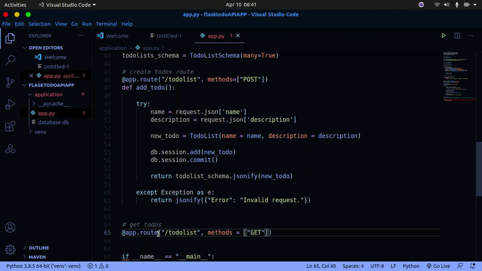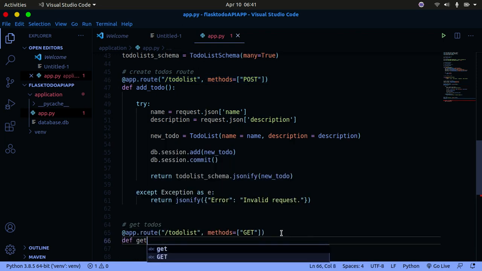So you're going to be getting all that to do. So the request method is a GET method. If you're posting something to the server, it's going to be a POST method. This is going to be a GET method. Okay, so I'm going to say def get_todos, and then you're going to just return the to